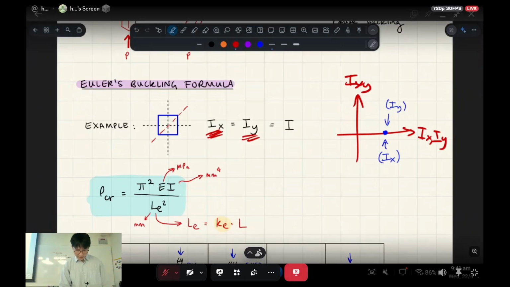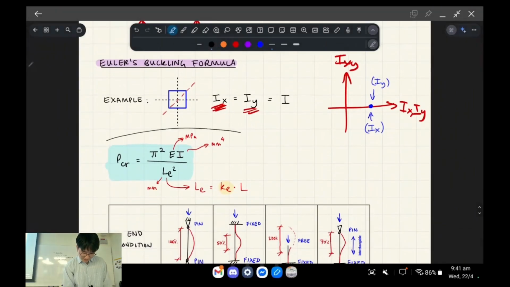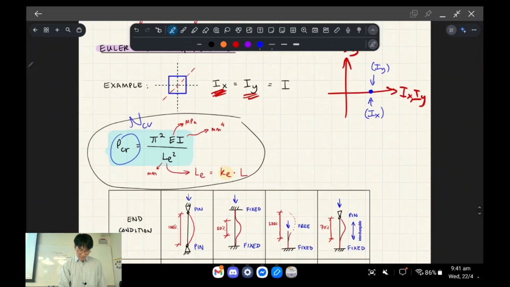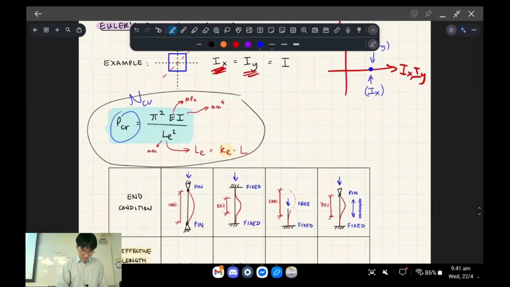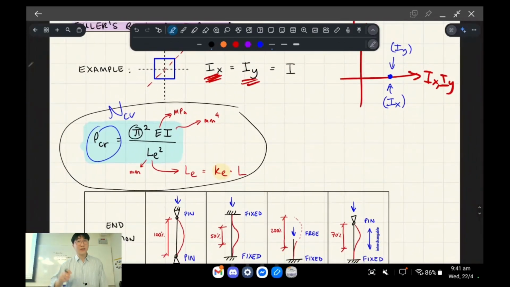All right. Oops. What did I do? Okay. So Euler's buckling formula is basically this. Euler's buckling formula tells you the critical amount of axial stress which I'm applying, right? So sometimes this is called N, right? Maybe N critical, but here it's called P, right? Such that it will break or whatever. Okay, so it's a function of all these different things. Pi is literally, you type in your calculator that pi.